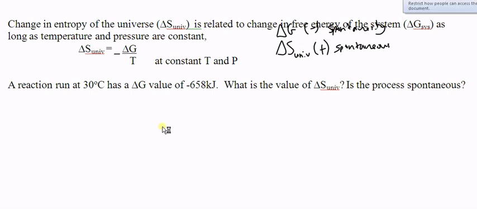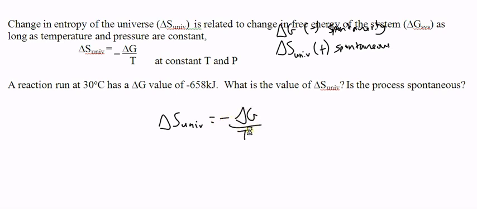So, we're thinking delta S of the universe is equal to negative delta G over temperature. So, we've got this for our equation. Got our delta S of the universe there. Don't forget the negative sign. That's a mistake that can often be made. As a matter of fact, I might have just made it, but you'll never know, because I deleted that section of the video. So with that being said, we've got our negative sign, and then we have the term negative